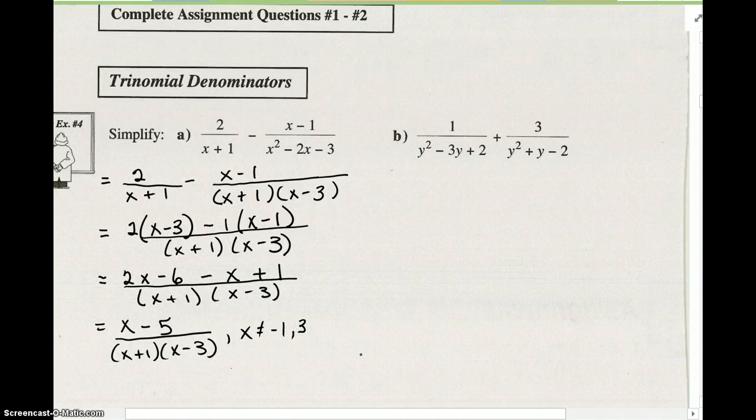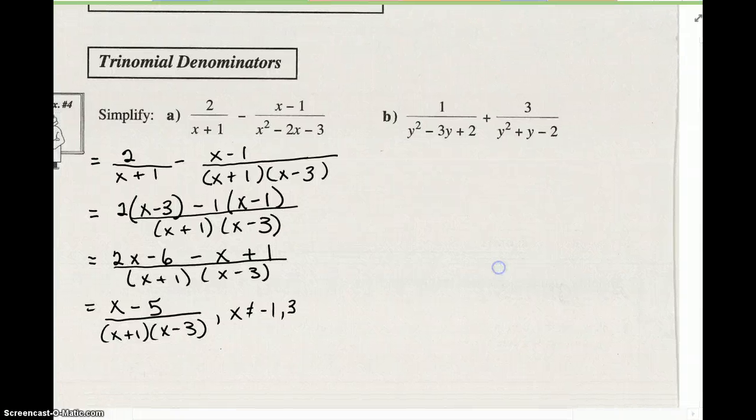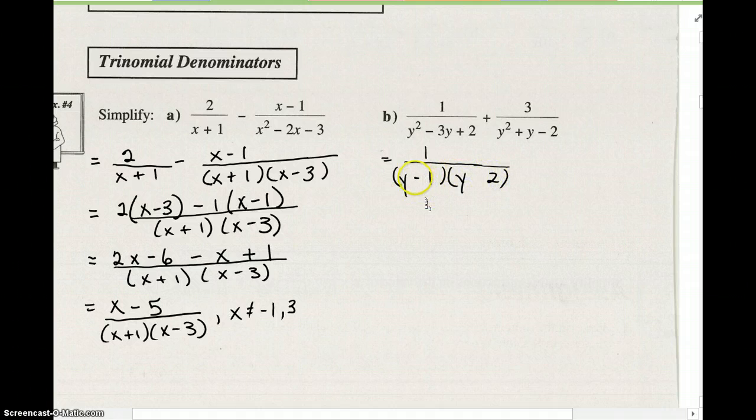The next question, same idea, but this time we have 2 fractions and both denominators will need to be factored. So I'm going to just rewrite this again. And simple inspection. Oh, sorry, that's not an x, it's a y. Y, y to 1 and